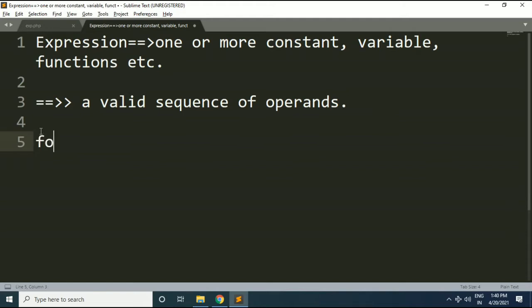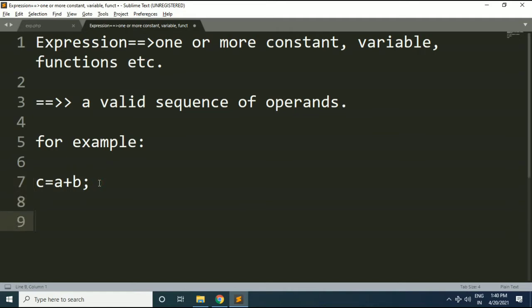So for example, expression may be like this: C is equal to A plus B. Now friends, in this expression you can observe we have different operands and operators available.